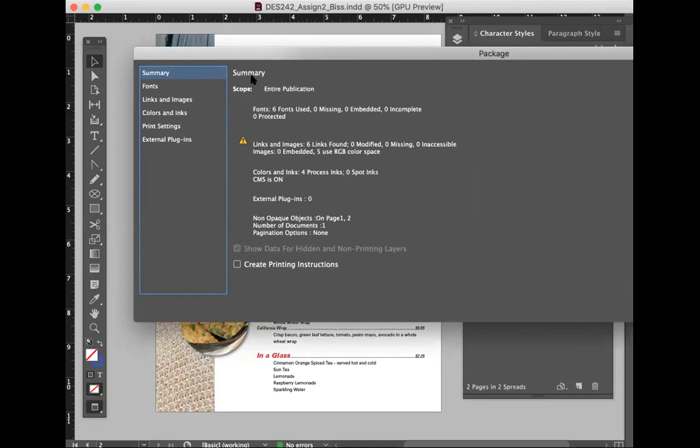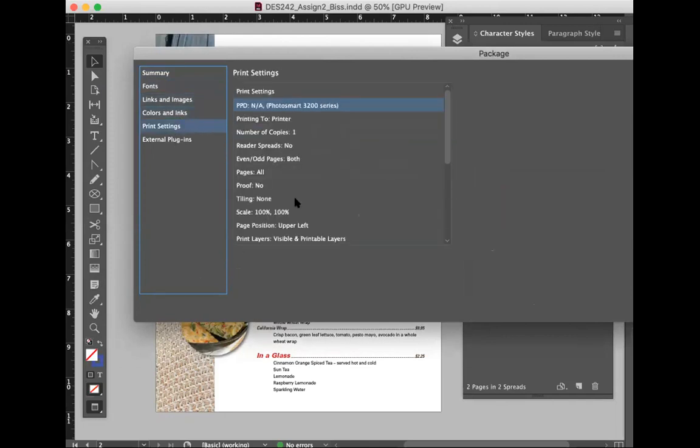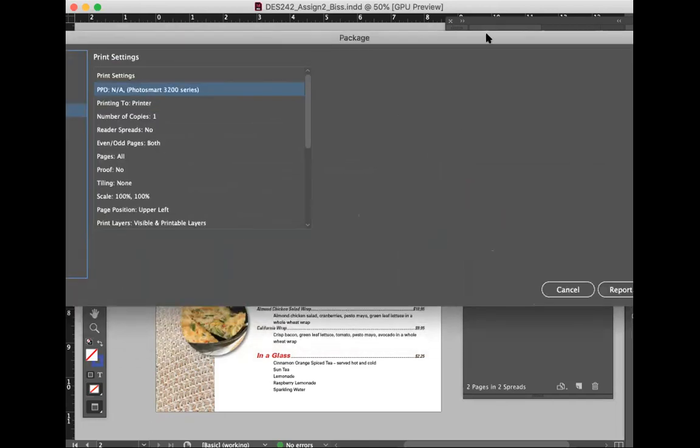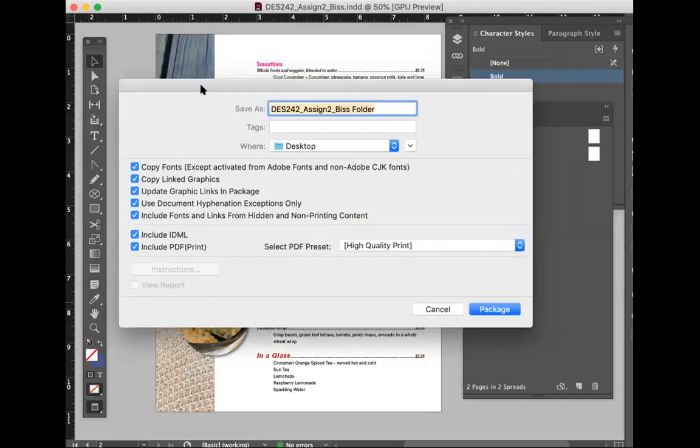This is just a summary of what's going on in this package, what will be included: your fonts, linked images, color, all that. We're good. We're just going to hit Package. And another box will appear, which will ask you to name the folder. If it's fine, just leave it as is. Just make sure all of these are checked.